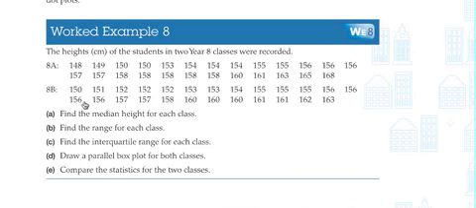So in this worked example, we're looking at heights of students from two different Year 8 classes. We're going to be finding the median height, the range, the interquartile range. That's going to help us draw our box plots, and then we can compare our data. So turning over the page,